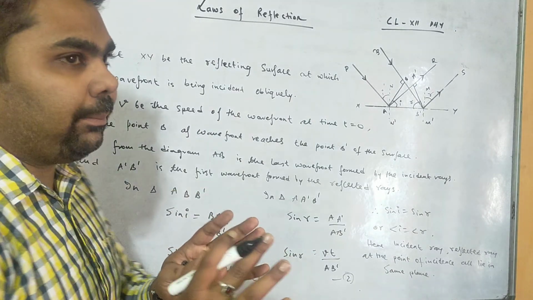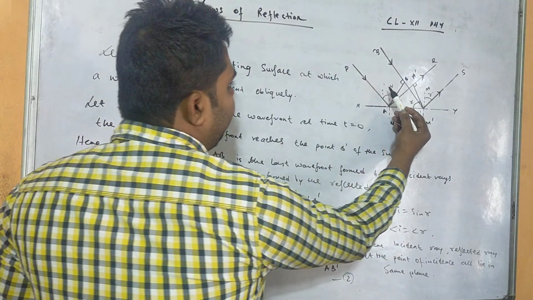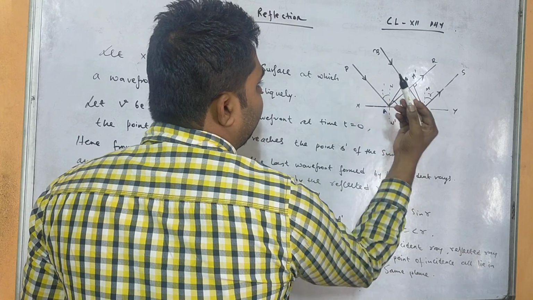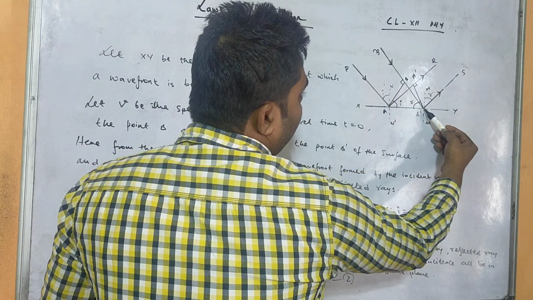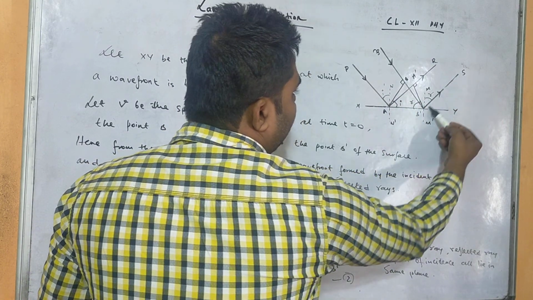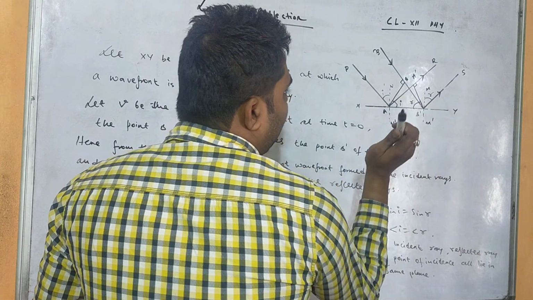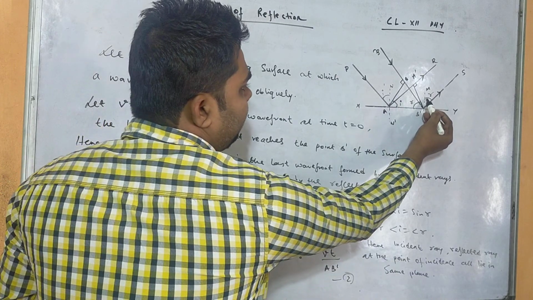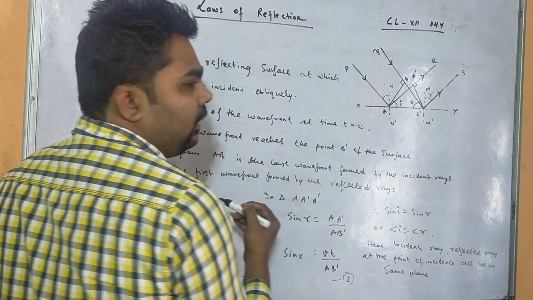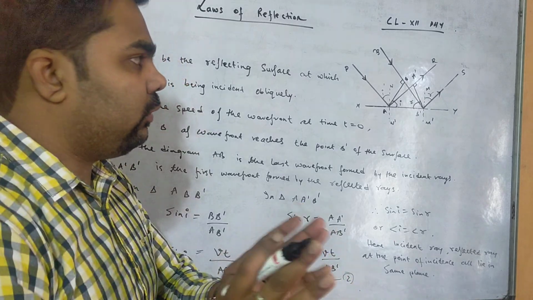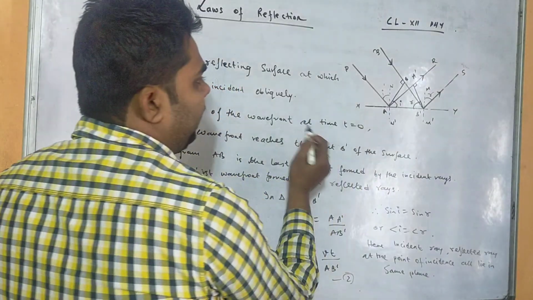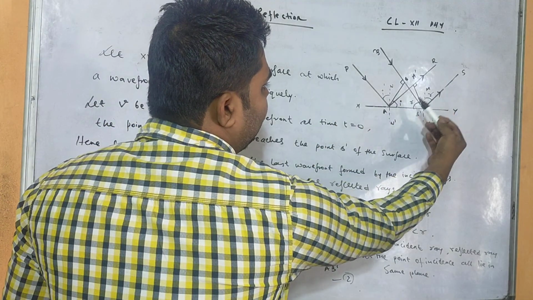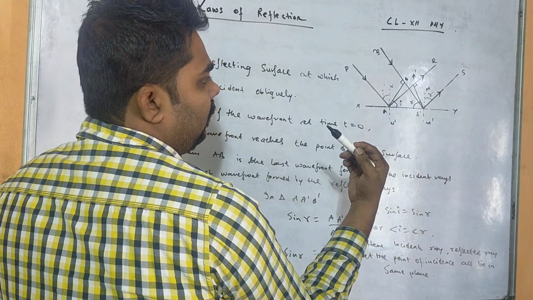Now we will compare two triangles. So just now I told you this is angle I and this is angle R. That means the angle between the incident ray and the normal is the angle of incidence, and the angle of reflection means the angle subtended between the reflected ray and the normal. Now you see, if this is angle I, this angle is also I. If this is angle R, this angle is also called angle R. So you see how it has been proved that if this angle is I, this is also I. If the angle of reflection is R, the angle here is also R, right?